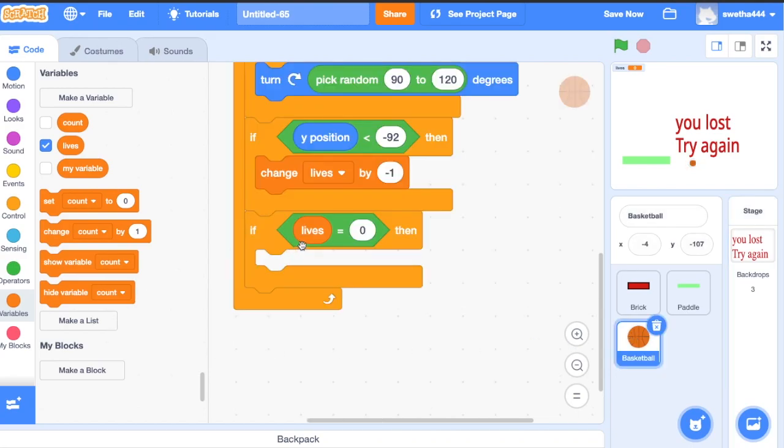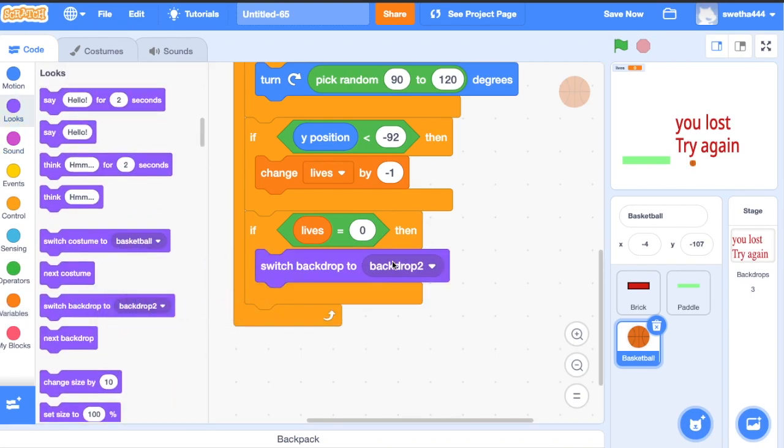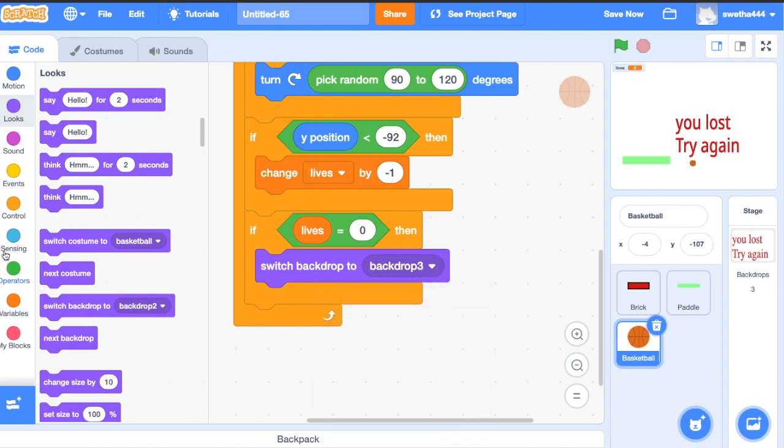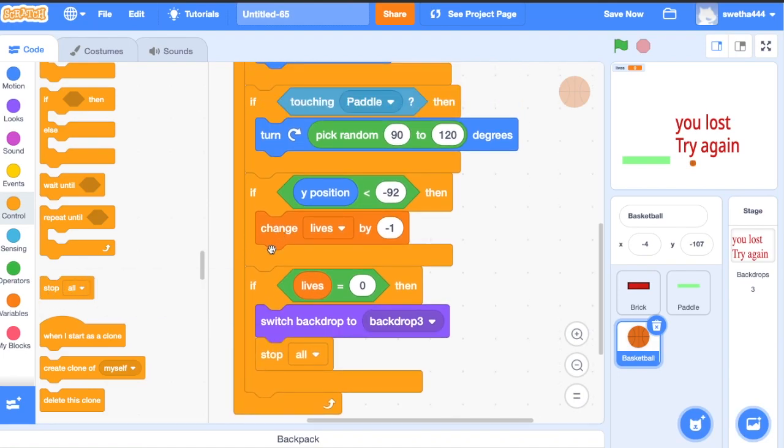If lives equal to 0, then click on looks, switch backdrop to backdrop 3, click on controls, stop all. And here we'll give some warning statement. Whenever the Y position is less than -92, change lives by -1.